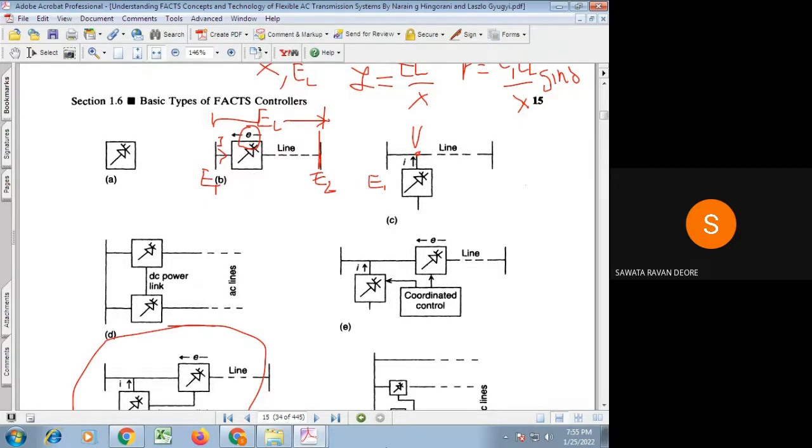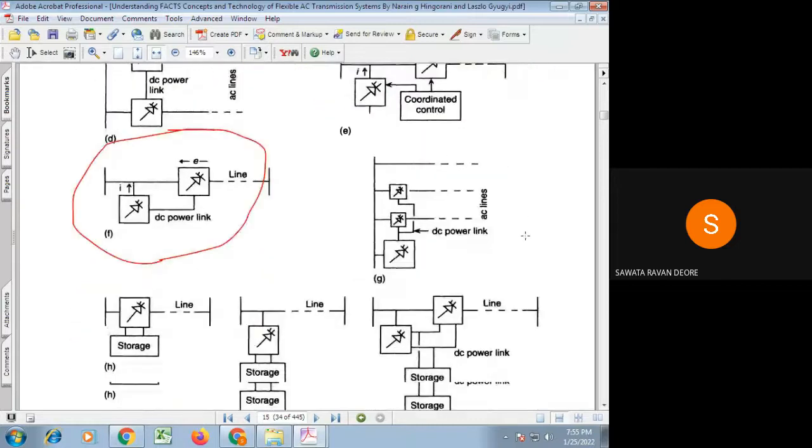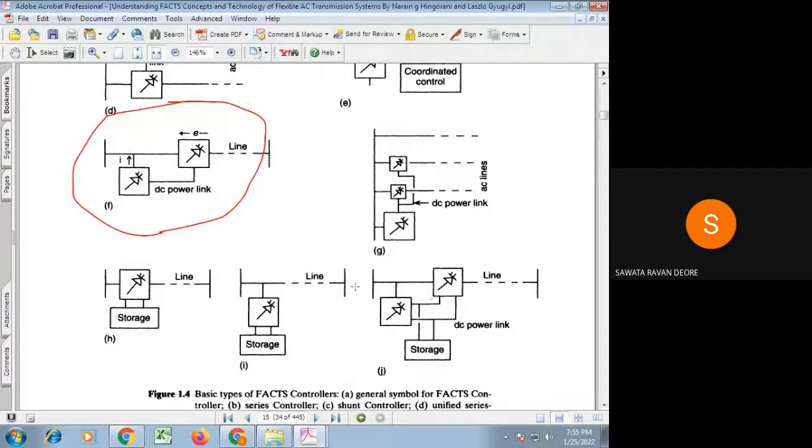So in order to do real as well as reactive power exchange, no problem. But if you want to do real power exchange, then the DC side of the converter has to be provided with storage. And whenever there is storage, it is possible for us to deliver real power from the storage to the transmission line, or to take real power from the transmission line and store it in the storage. Means along with reactive power exchange with the transmission line, it is possible for us to exchange real power